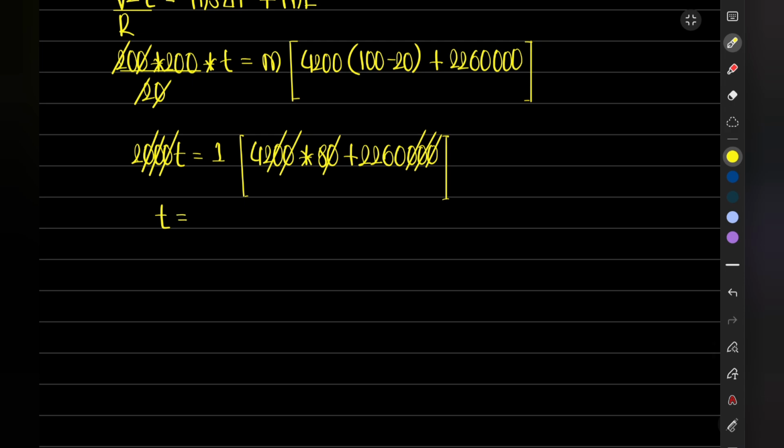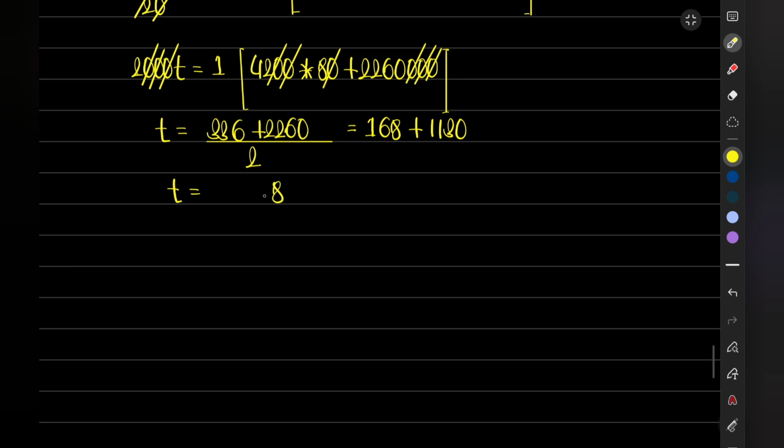Now t will be equal to 8 2s are 16, carry 1, 4 8s are 32, 33, 336, plus 2260 divided by 2. Let's divide it by 2. 2 1s are 2, 2 6s are 12, 2 8s are 16, 2 1s are 2, 2 3s are 6 and again 0. So time value will be 1298 seconds, but they have given the answer in